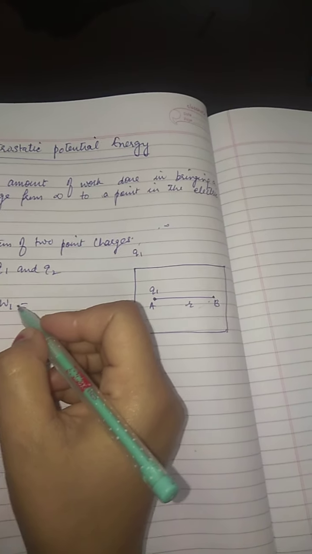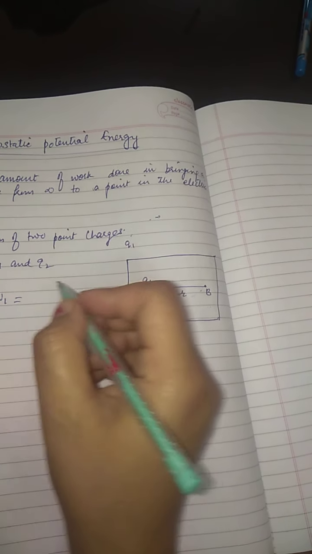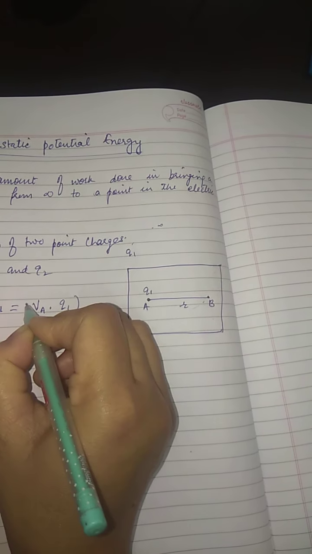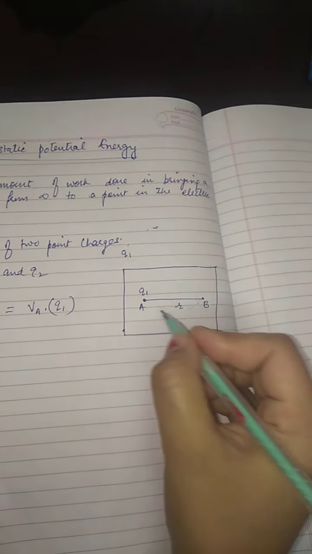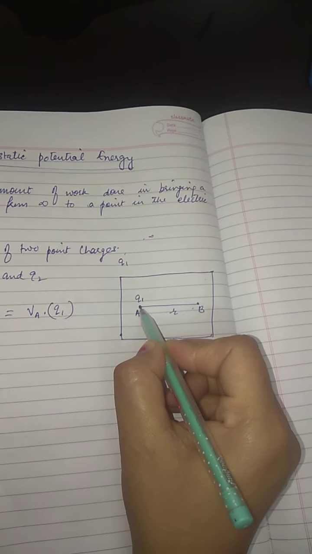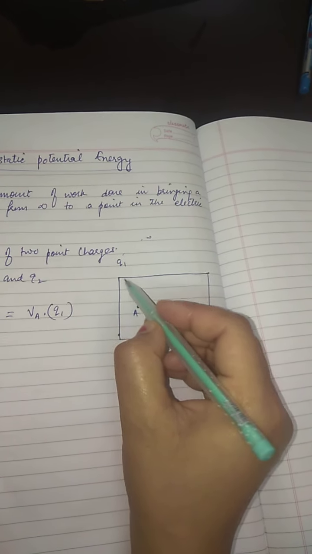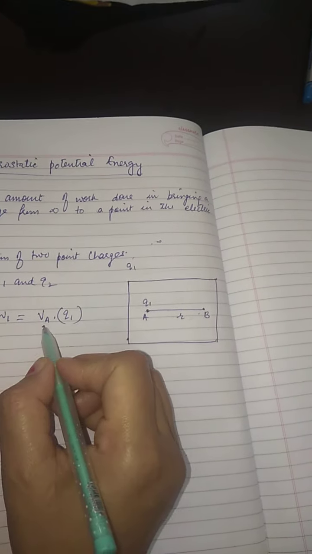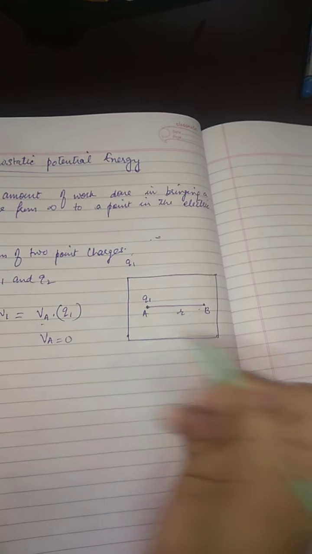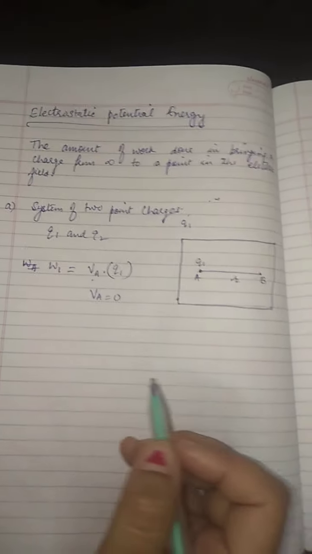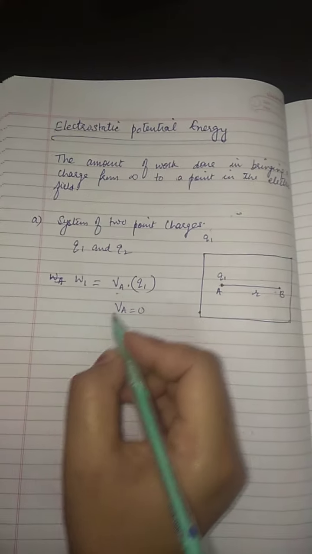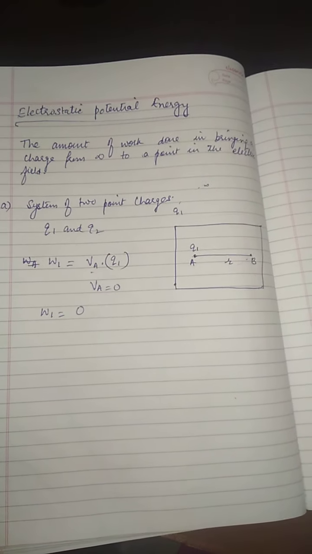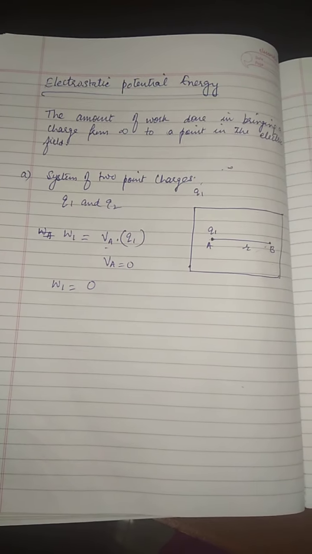per the definition of the potential also, work done is what? Work done is potential at point A times the charge which we are bringing from infinity to point A. So here what was the potential initially and what is the amount of the charge we are bringing in the system. So initially there was no charge in the system, so no potential was there. So VA here is 0 when no charge is there in the system. So we can write here work done in bringing the first charge from infinity to point A would be 0. So no work is done.